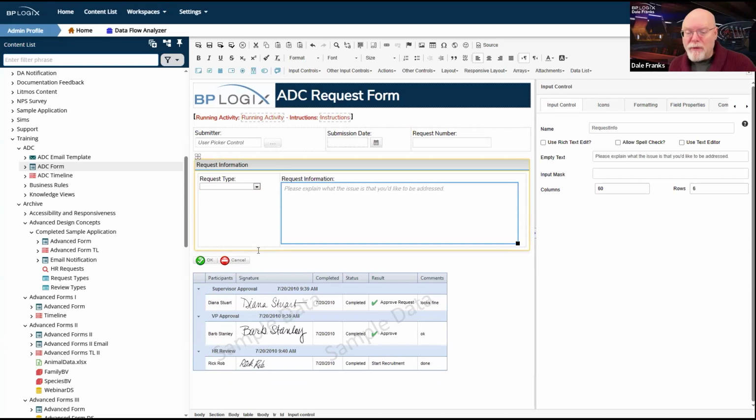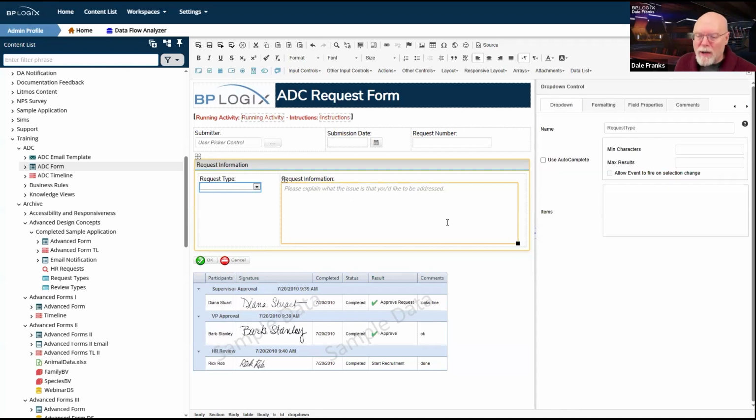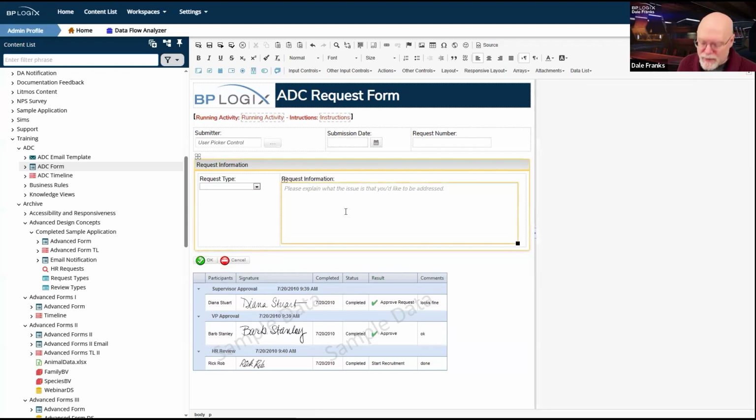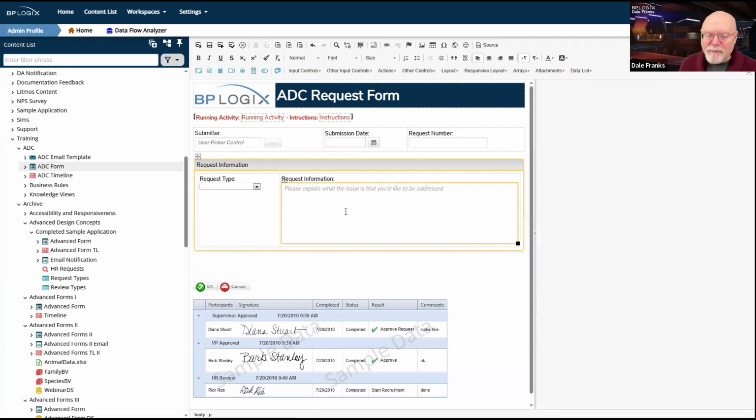Now we've got to figure out what we're going to do on this form if there are different request types, because each request type is going to require its own specific information that is relevant only to that request type, right? So I'm going to want to add some extra space down here because I'm going to want to throw in another couple of sections. I'm using a section control because I want to be able to show and hide the entire section at one time. And I'm going to need a couple of different section controls.